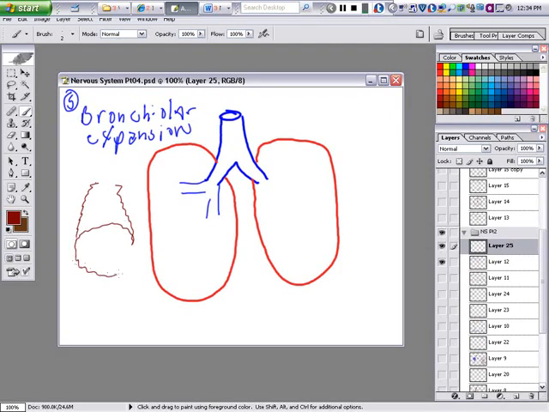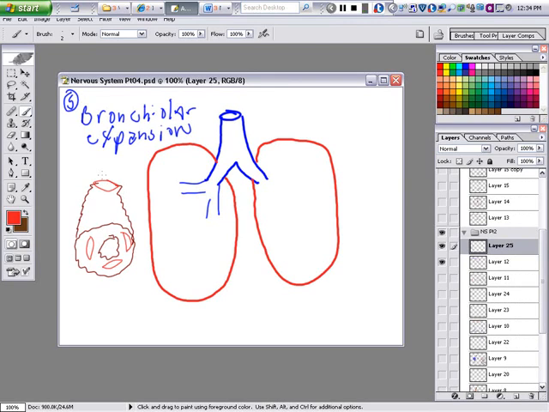This is a bronchiole here. Okay. And within the bronchiole, you have your smooth muscles. Now, the question is, when you're under sympathetic control,